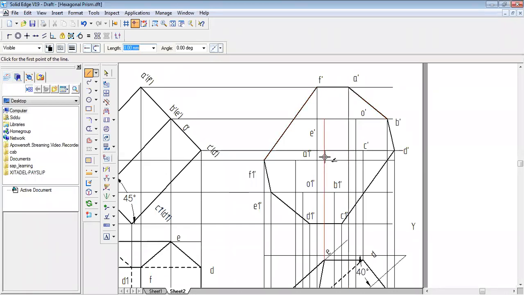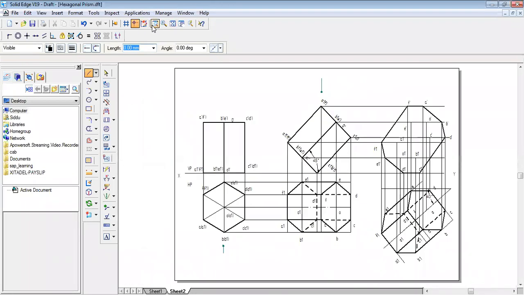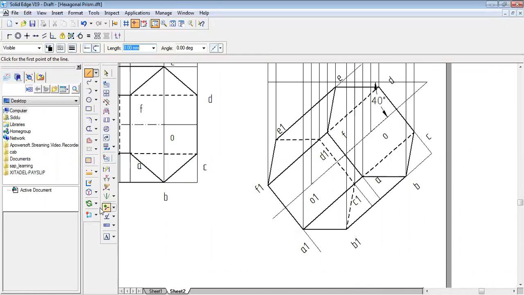Now I think something we can make out at least from here, right? So earlier that was not possible, so that is why I have told you, you need more imagination.